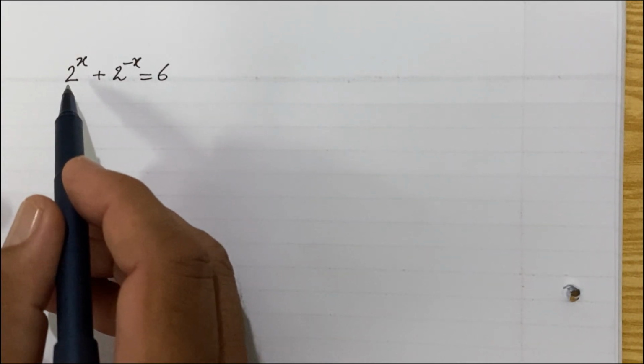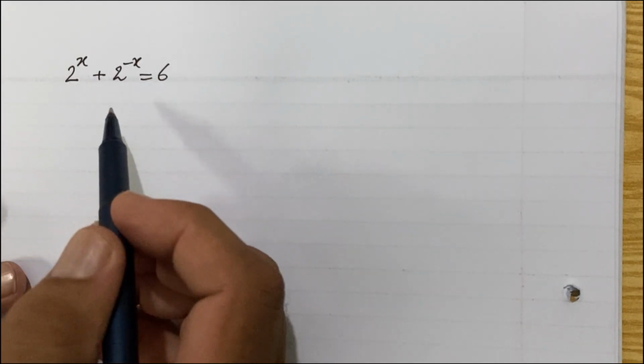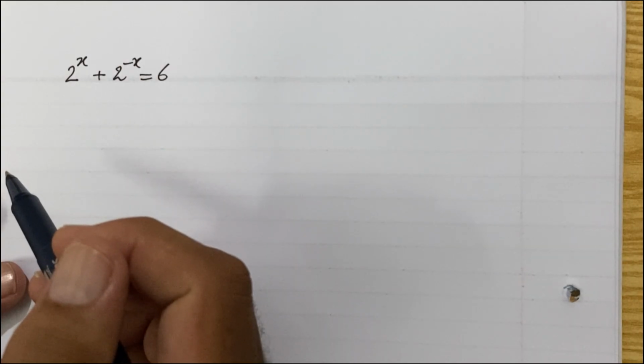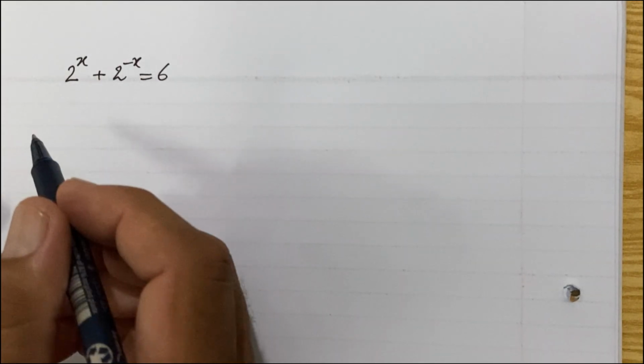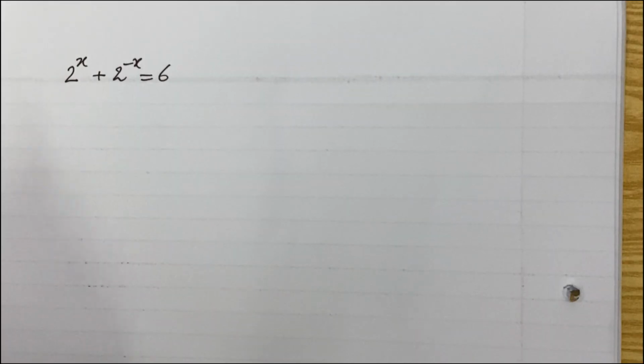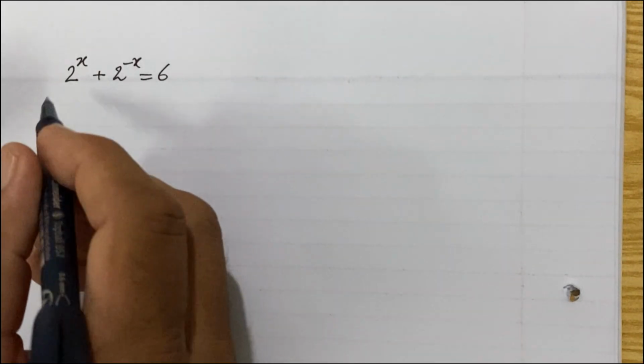Today the question is 2 raised to the power x plus 2 raised to the power minus x is equal to 6. We have to find the value of x. Now the solution is,